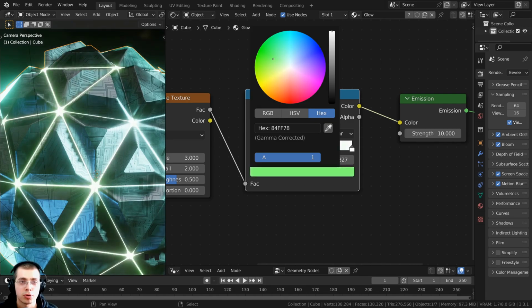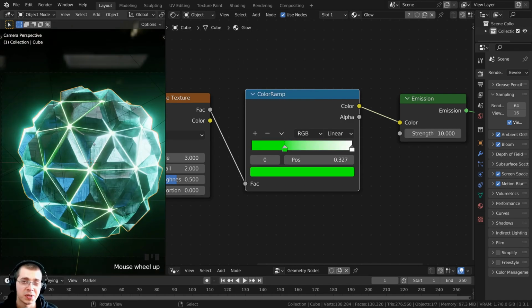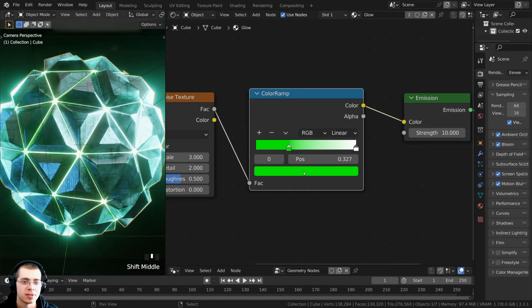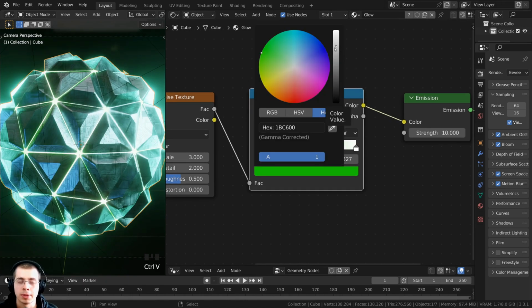I'm going to make this very bright, and then I'm going to make it a green color. And I think the green color works really well for the sci-fi orb. It kind of makes it look like an alien artifact or something like that. Although I do want to make the green color a little bit darker. And if you want to use the same hex value that I'm using, then you can go to the hex here and you can punch in